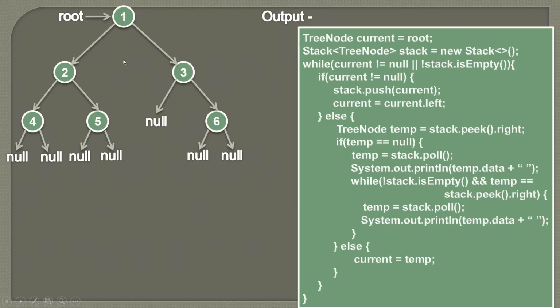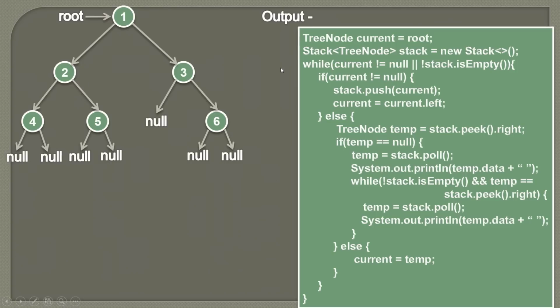So the only thing we need to remember here is, when we do post order traversal, on every node we need to first traverse all its elements on the left side, then we need to visit all its elements on the right side, and then we can actually visit the node. So for example, if we are on node 2, then we can't directly visit node 2. We need to visit first node 4, then node 5, and only then can we visit the node when we are performing the post order traversal.